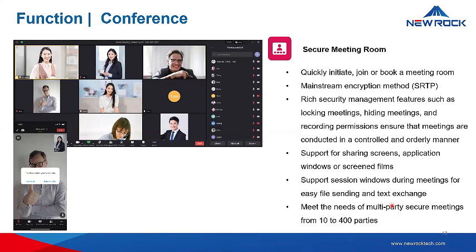You can also switch seamlessly between mobile, tablet, computer or any conference room devices. And again, users can choose to join with audio or video conference, just like on the Zoom platform. Also, you can decide to pull in your colleague to join the meeting, even in the middle of the meeting. So in general, our NewLink app makes your meetings as flexible as you want.